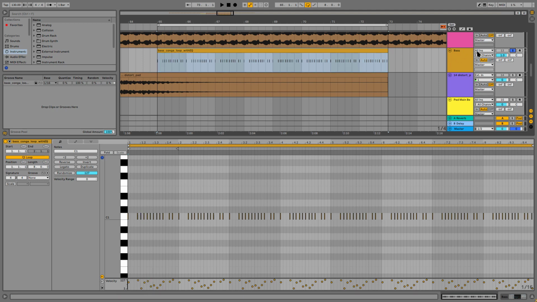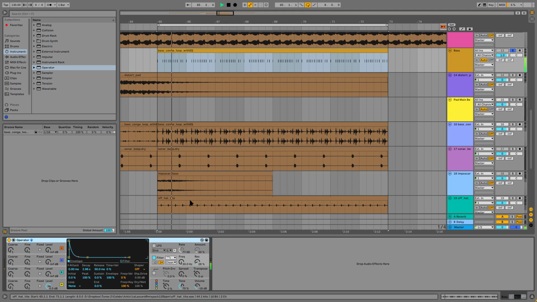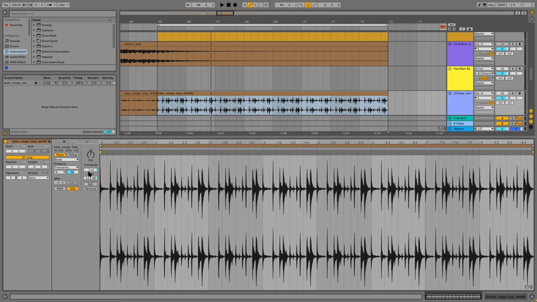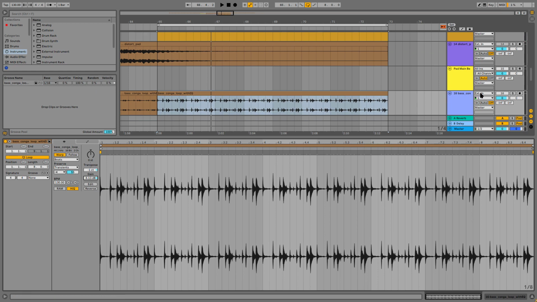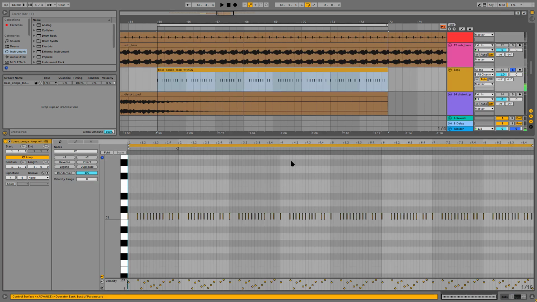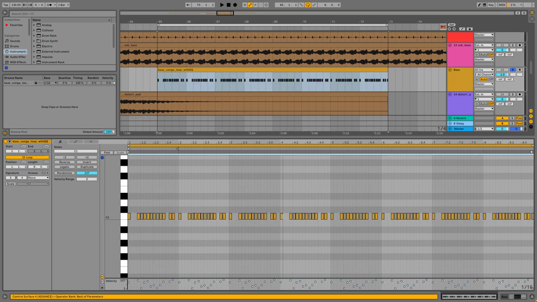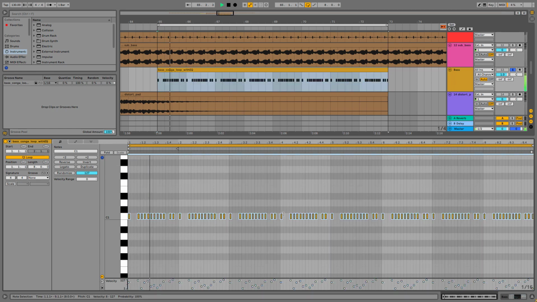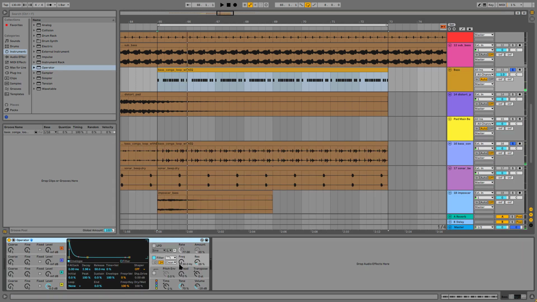So if I was to just solo this bass, and let's listen with the bongos. I have to bring the gain down because I brought it right up before. Let's have a listen with the bongos. Very good. Now if I was to extend these out a bit, so let's say that long, and if we applied the velocity to the cutoff, or the filter frequency, gave it heaps of amount, if we turn the envelope off,